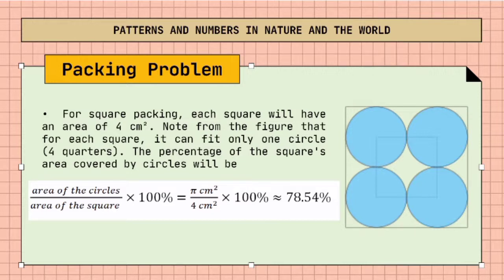The percentage of the square area covered by the circle is given by this formula: area of the circle over area of the square times 100%. So it is equal to pi centimeters squared over 4 centimeters squared times 100%,